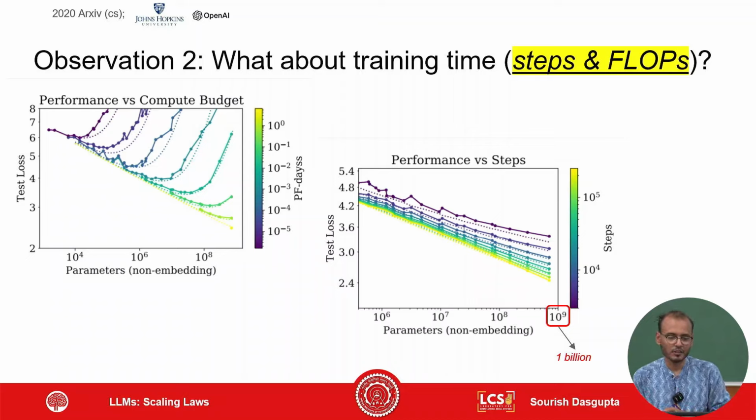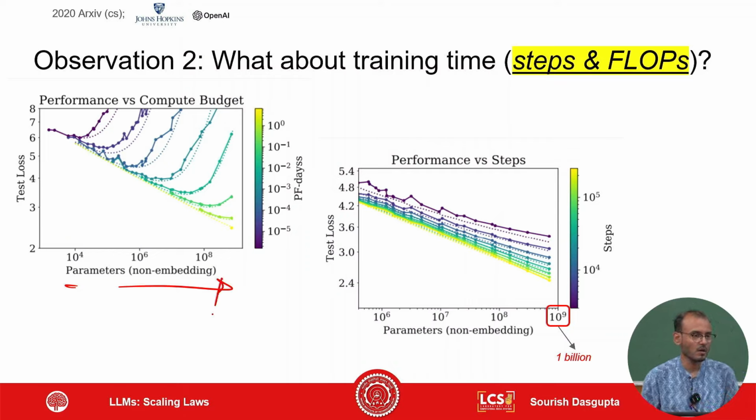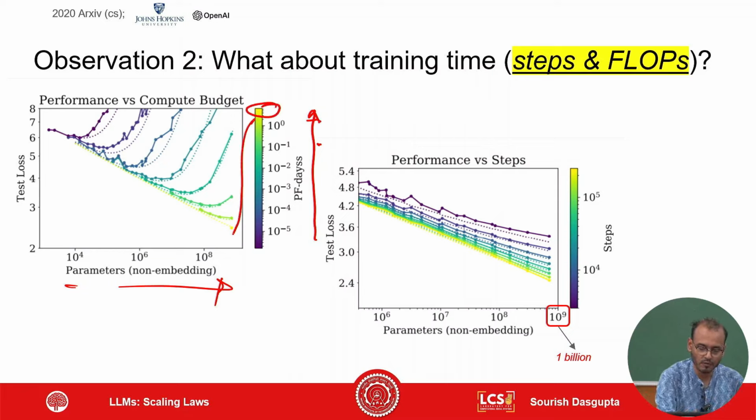What's the second observation? They also saw that if we scale the parameters, now I am going to pitch the parameter against the compute. Earlier, I was pitching the parameter against the data set. So now I'm going to pitch the parameter against the compute. And as I increase the compute, then only at this level am I going to see something like the power law,